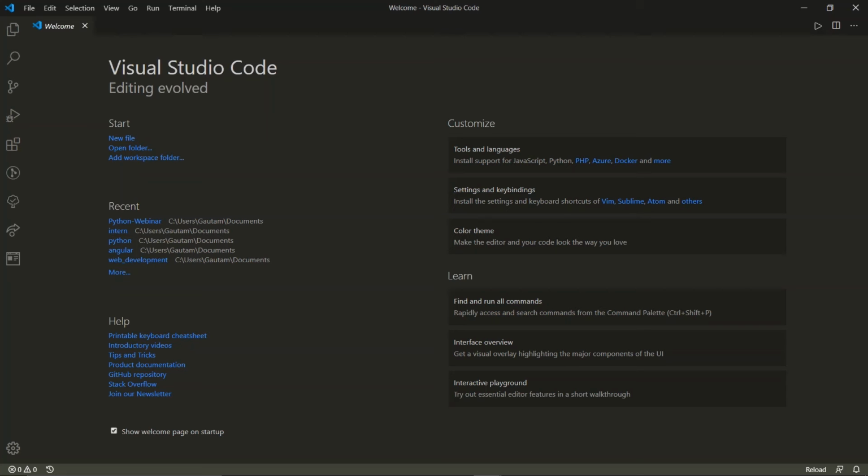Let me explain the basics of VS Code. VS Code is an editor like your Notepad++. Similarly, there are many other editors like Sublime Text, Atom, and WebStorm. VS Code is also an editor like these.